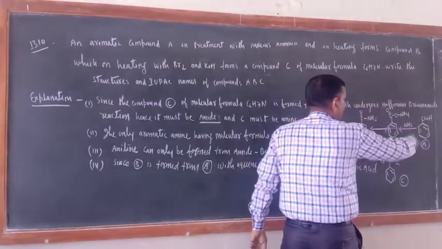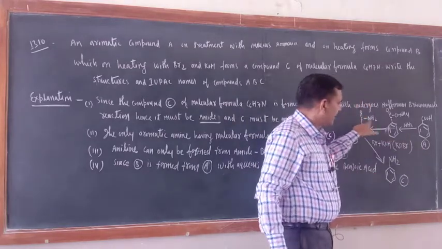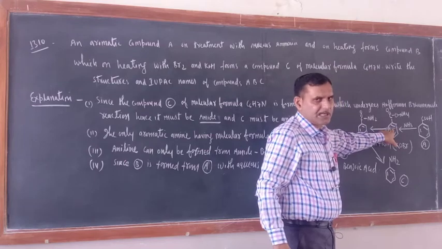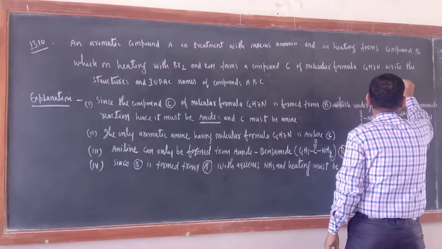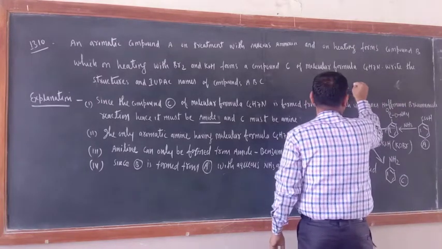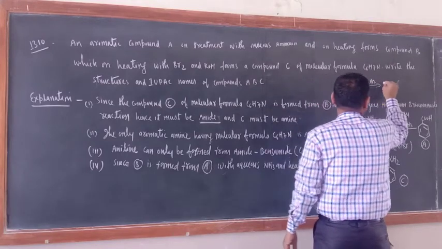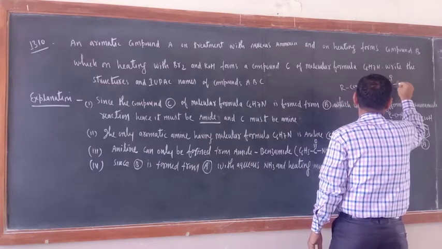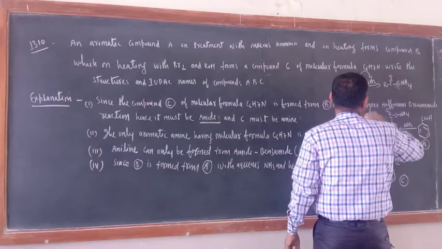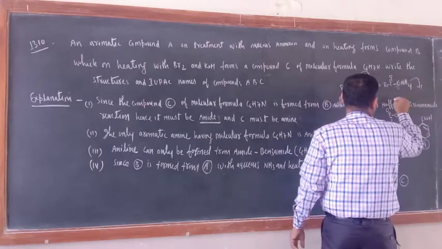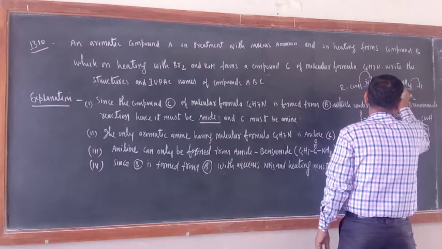So now just see, this is benzoic acid. I wrote the reaction. Remember, between carboxylic acid and amide there is one intermediate product, that is ammonium benzoate. Even if you take an aliphatic carboxylic acid RCOOH and react it with NH3, RCOONH4 is formed. Now when you heat this one, what would be the product? RCONH2.